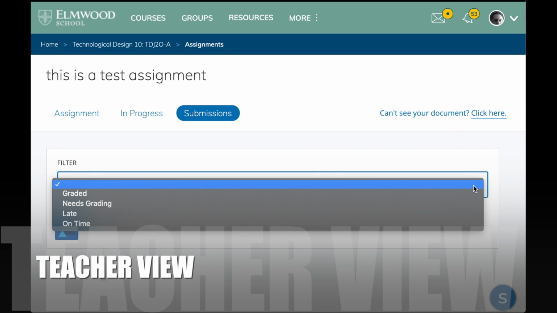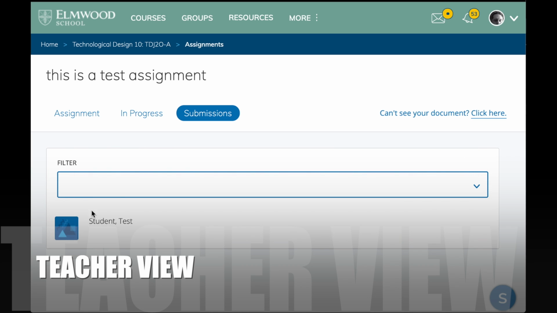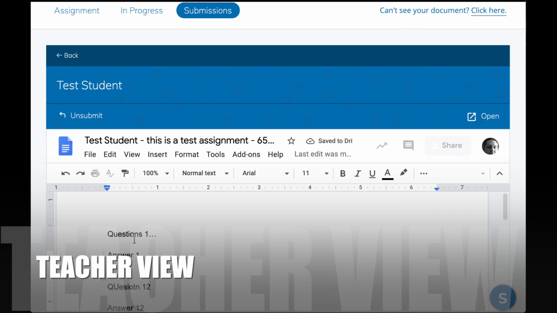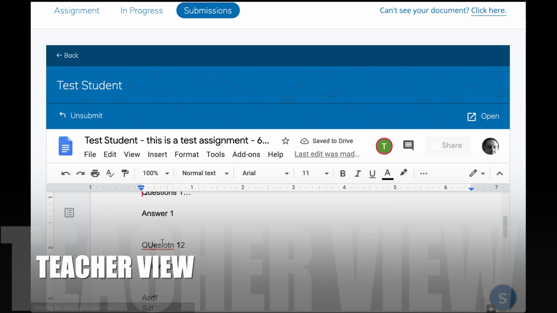They've submitted their work. Okay, now I can grade things in here if I want to as well, but let's see what happens when I click on test student. It automatically, all within Schoology, loads up their document. I can see it all here. I had some questions about track changing and stuff like that. There was some question about how well that worked for Google Drive documents,